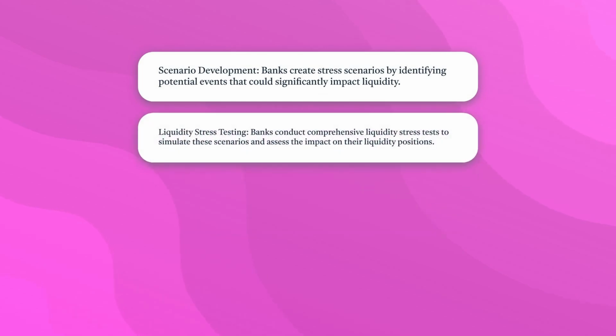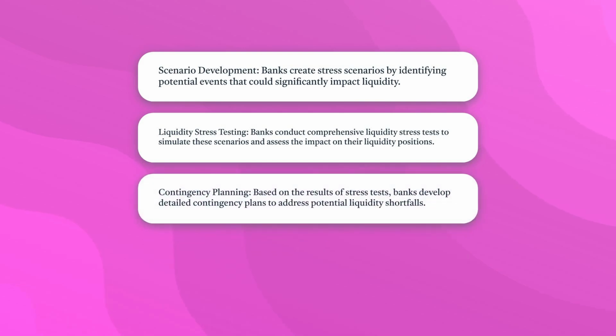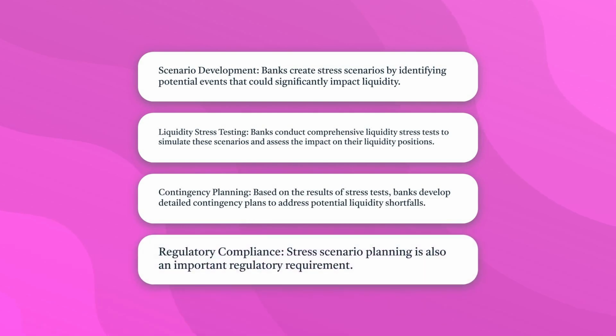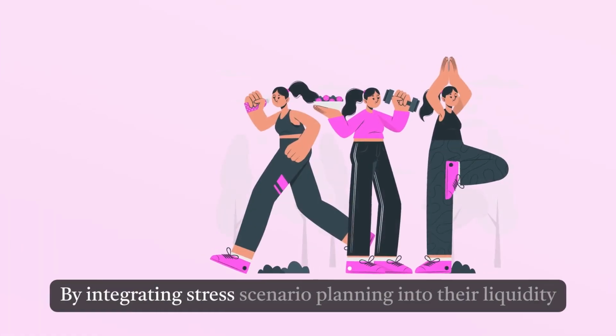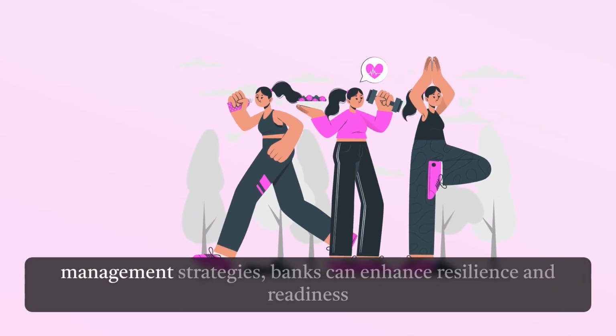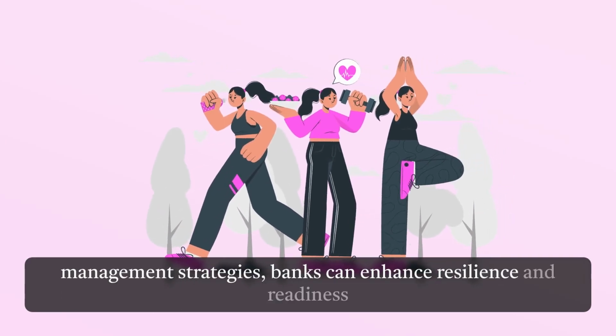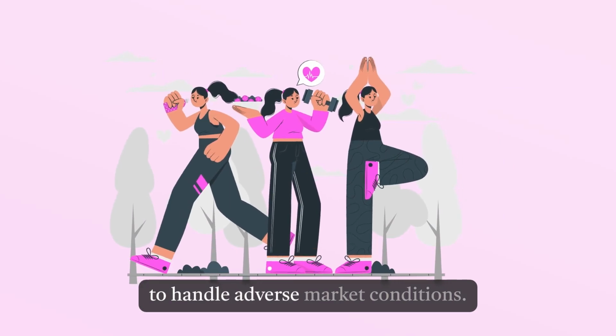Liquidity stress testing. Banks conduct comprehensive liquidity stress tests to simulate these scenarios and assess the impact on their liquidity positions. Contingency planning. Based on the results of stress tests, banks develop detailed contingency plans to address potential liquidity shortfalls. Regulatory compliance. Stress scenario planning is also an important regulatory requirement. By integrating stress scenario planning into their liquidity management strategies, banks can enhance resilience and readiness to handle adverse market